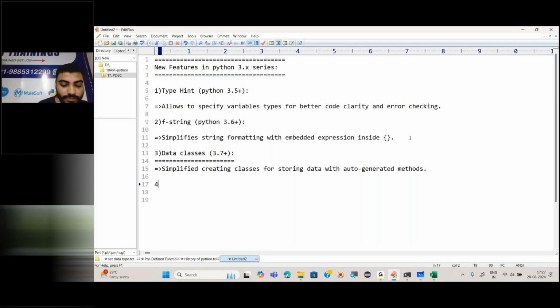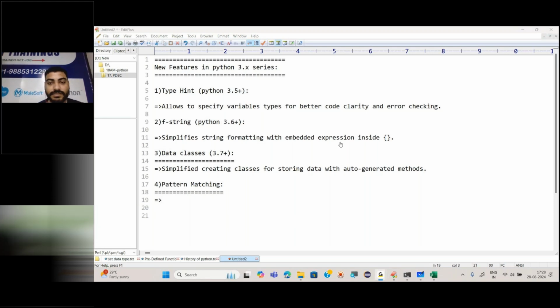Fourth one, there is also something called pattern matching. Now what is pattern matching? Raise your hand those who know C programming or C++ or Java, whatever it is. Don't know? No one knows. Online guys, who knows C, C++, Java, any programming language? Okay.